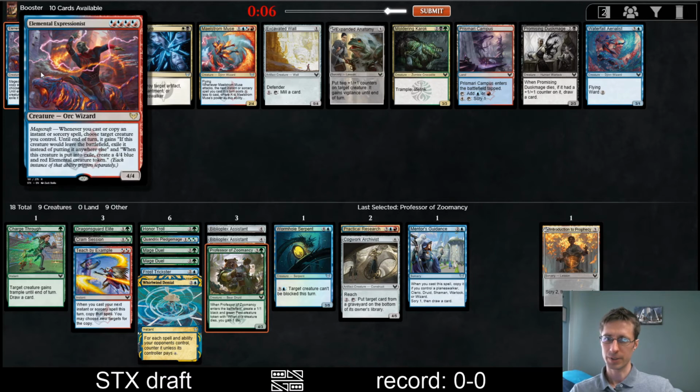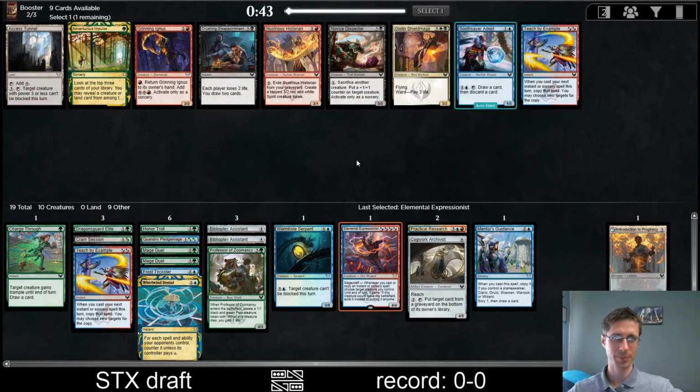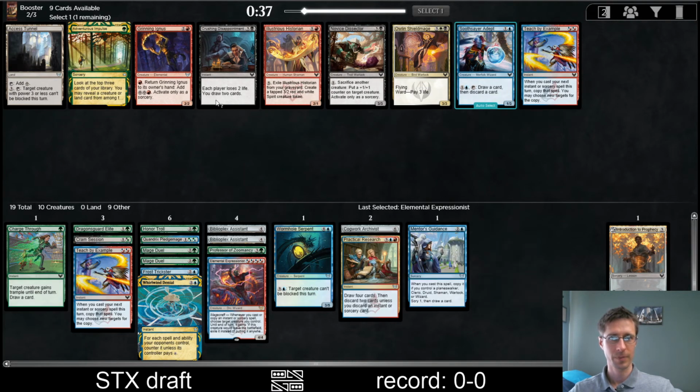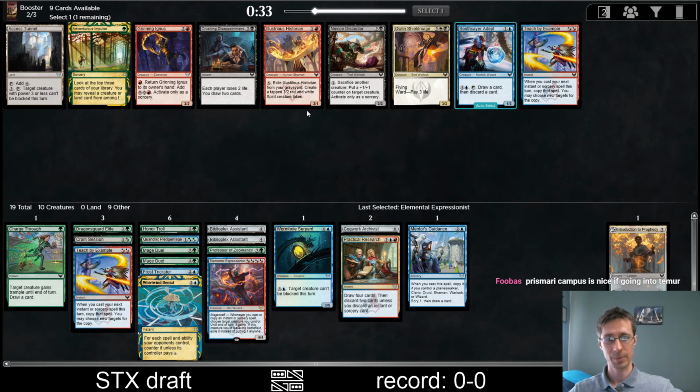Target creature you control. That's tough. Yeah, let's take it. Ugh, hopefully the fixing comes. It'll be a chance to play with it. Anyway. Impulse. Yeah, the campus was another one I wanted there. Of course,